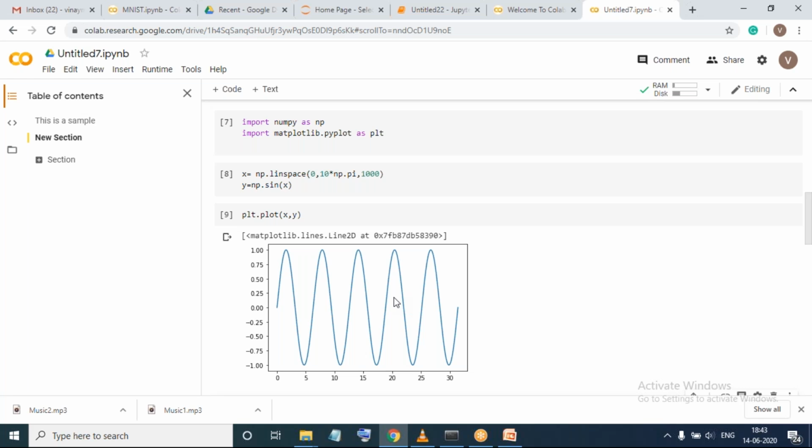It is a classification program wherein it would like to identify handwritten numbers. For that I need some data set. The data set which we are using is called MNIST, which stands for Modified National Institute of Standards and Technology Database.